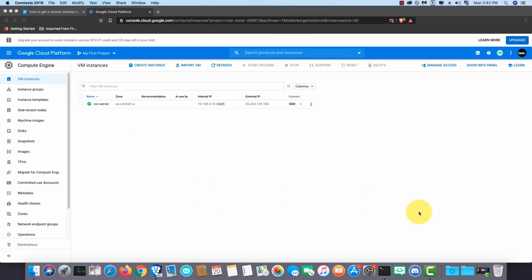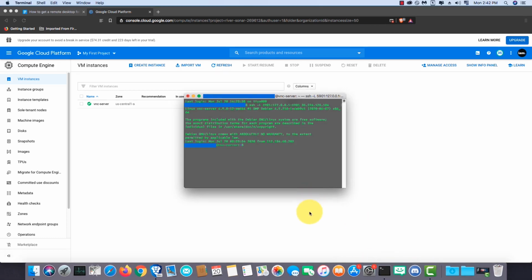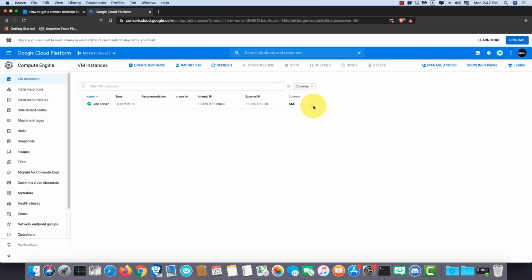First, open the CMD or terminal window that we used to connect to the remote desktop and type exit to close the SSH connection. Next, turn off the VM.